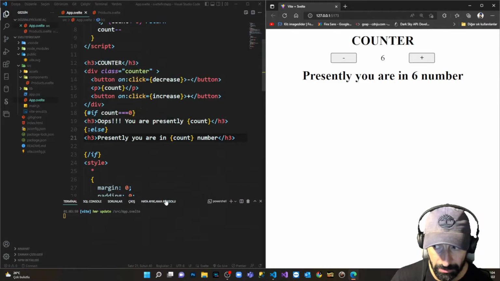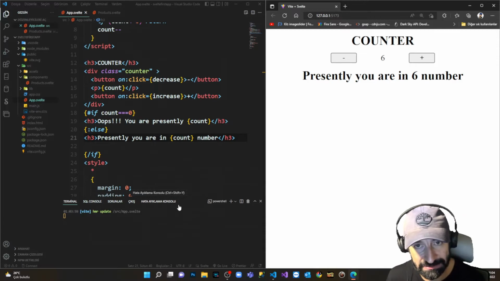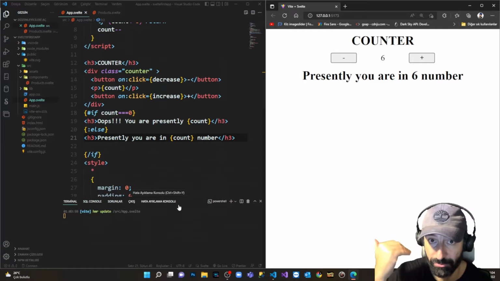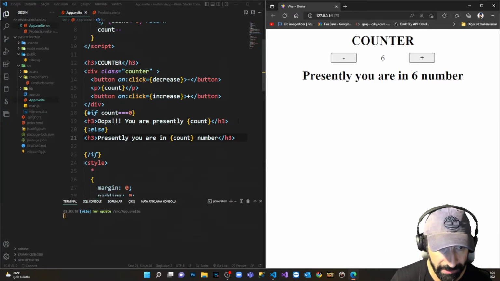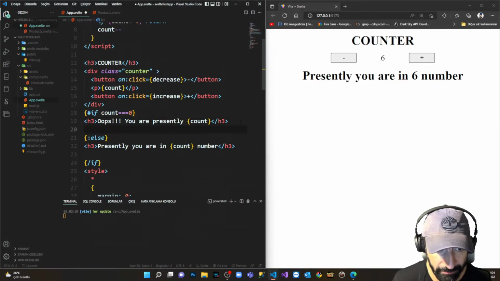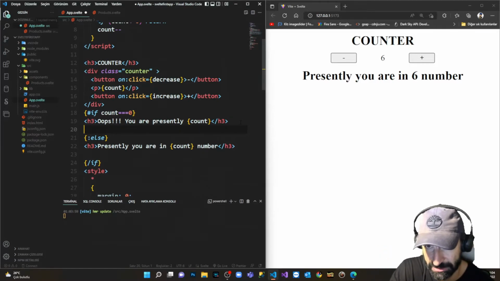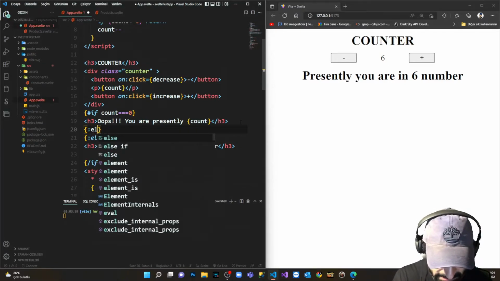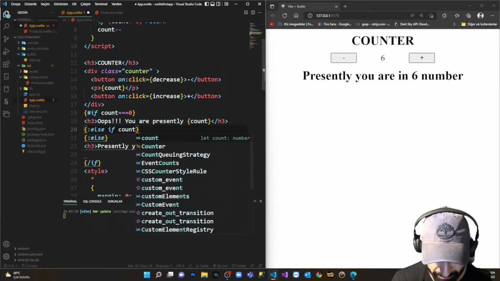So we have something more to add here, and this is the else if statement. How can we also use it inside this if statement and above the else, which is our default else statement? We're coming down here and we go before the else statement, which is our default result if we are not supported by any of these. And we are writing the following: else if, let's say, count equals to 5,